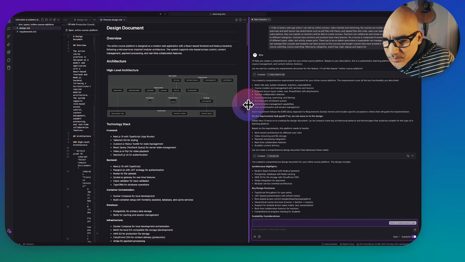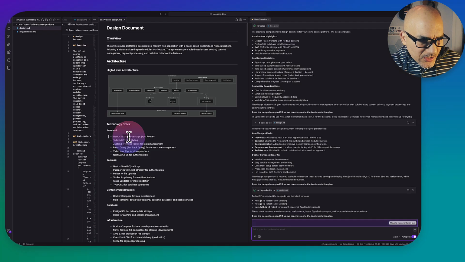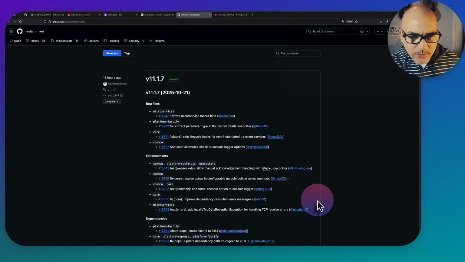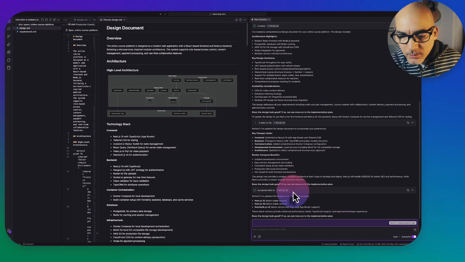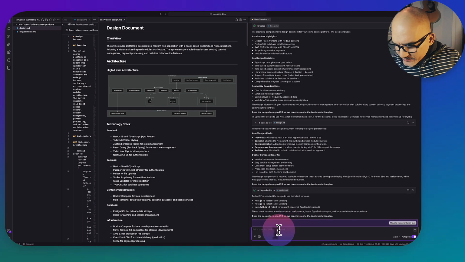Let me just increment the size of the chat. So Next 15, and it says Nest version 10. So for releases we have version 11.1. So let's clarify that. I think we're not consuming any credits yet, okay, because we're not implementing the code. So let's specify